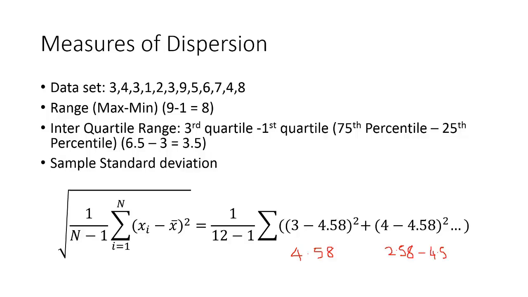Because you're comparing it to the mean, you're essentially replacing this 3 with this 4.58, and we're looking at what would happen. So your deviation is 0 here. Here your deviation is 2,